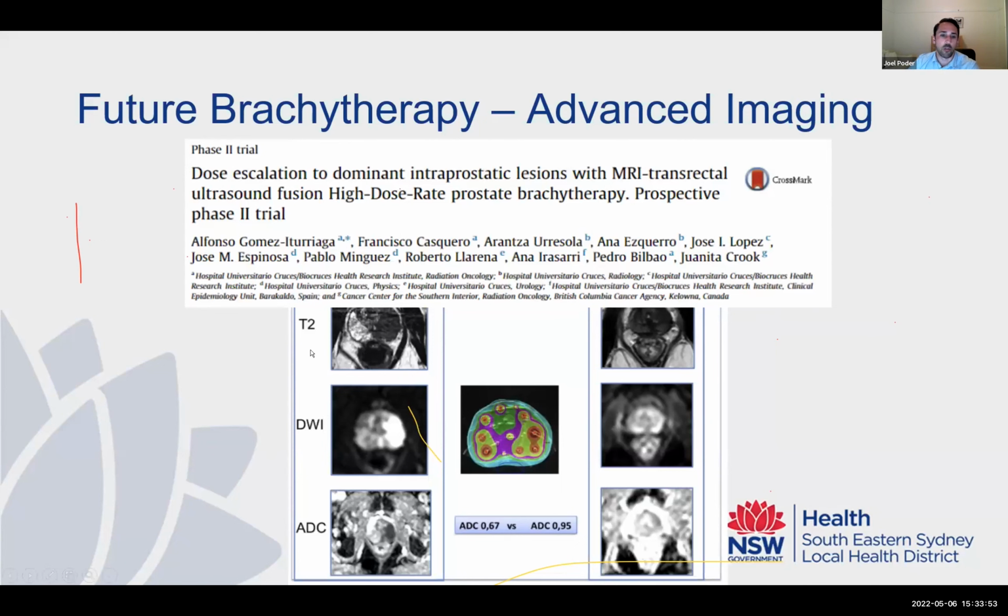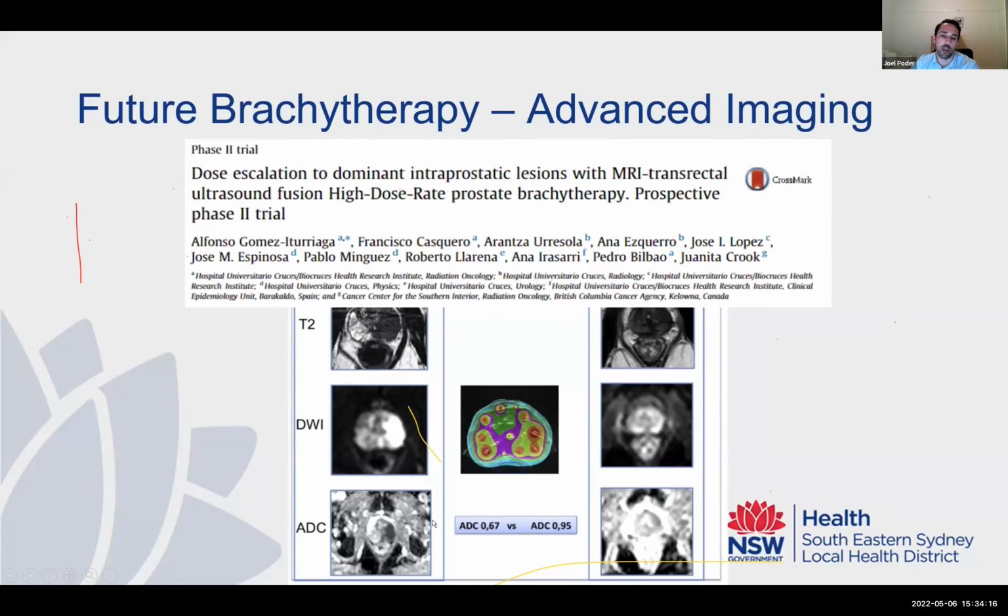And what this study did was that they took these images. So you can see we have a T2 weighted image here, a diffusion weighted imaging, and then an ADC map derived from the diffusion image. And you can see on the right, the patient's left-hand side here, there's this lesion within the prostate. And what they did was they looked at fusing these